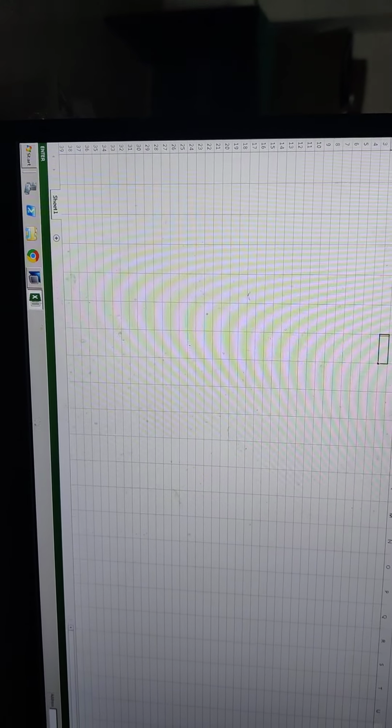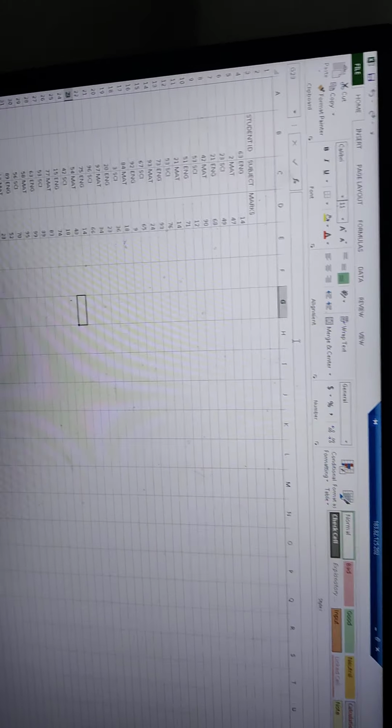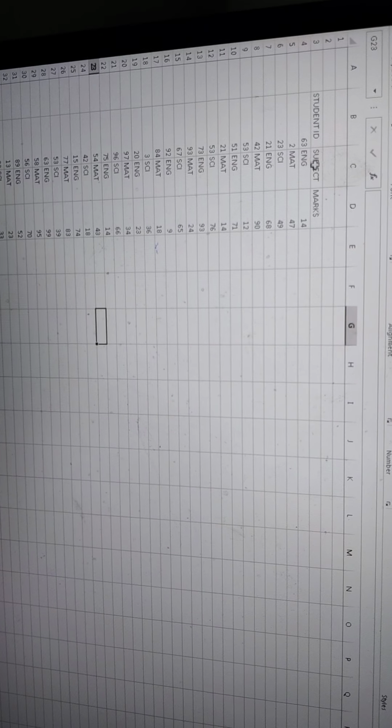Okay. Now what we'll do is, we'll try to write an Excel sheet. You just open an Excel sheet here. We'll put some random values, or I already created some Excel sheet. The name is test desktop. Okay, you can see there is a student ID, subject, and marks. Okay, this is a table we have created.